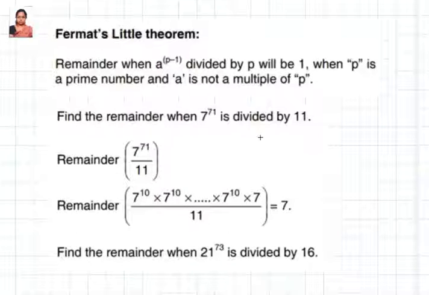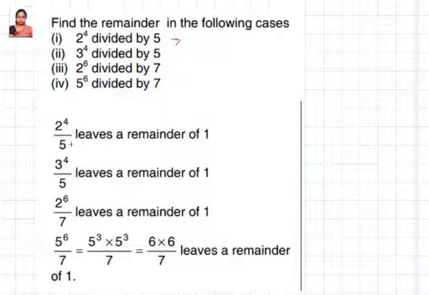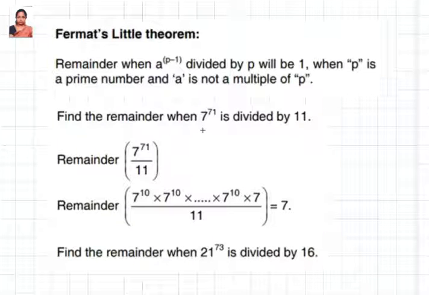Fermat's theorem. Here, a reminder: this is a formula which you can use, and the previous case we have also done using this one, the one where you have it in this form, 2 power 4 by 5. When you have it in that form, you can use Fermat's theorem to get the remainder easily.